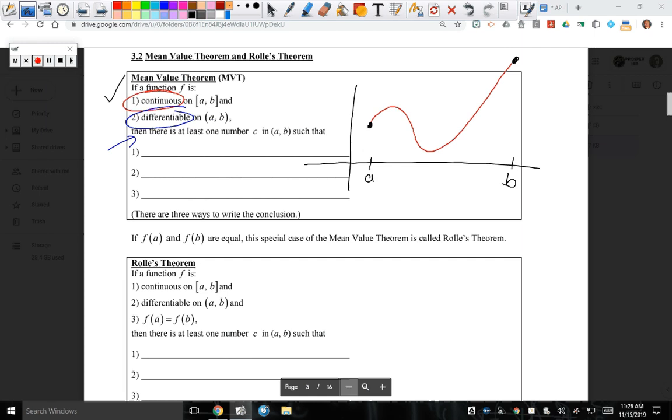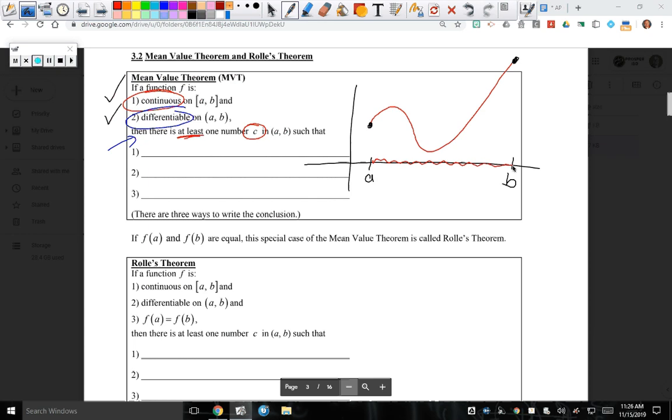Continuous, check. Differentiable everywhere in between those endpoints, check, because there are no jump discontinuities, no vertical tangents, no cusps or asymptotes. Then there's going to be at least one number c in between A and B, where